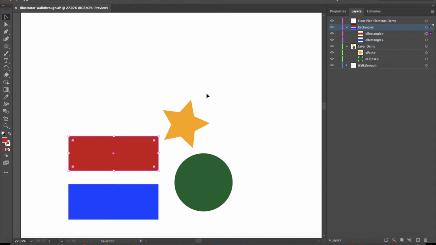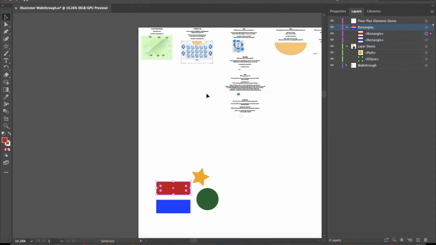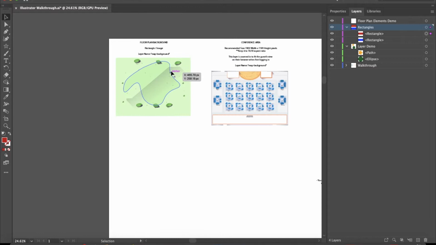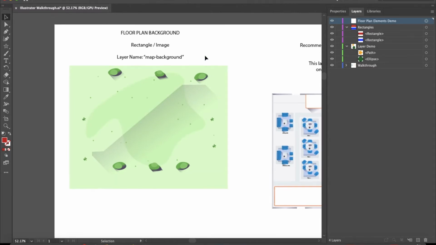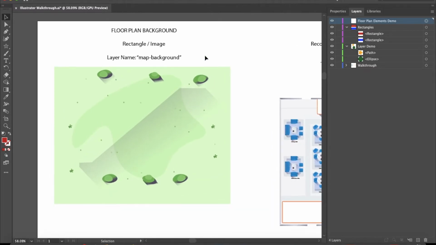Alright, now I'm going to take you through constructing each of the elements one by one. So to begin with, you've got the floor plan background. This, it's exactly what it sounds like. It's the background of your entire floor plan. In our standard layout, it's the green part with the trees and bushes. There's nothing functional about this area, it's just there to make your floor plan look nice and give your guests some context. So you can add a rectangle and fill it with whatever color you want, like your brand's colors, for example,